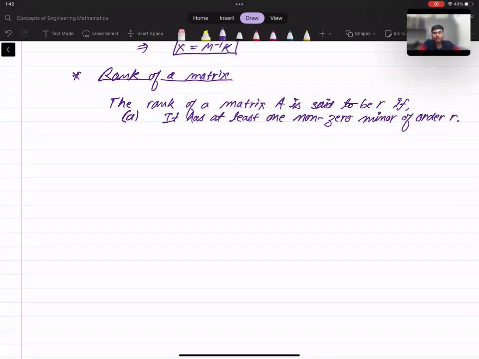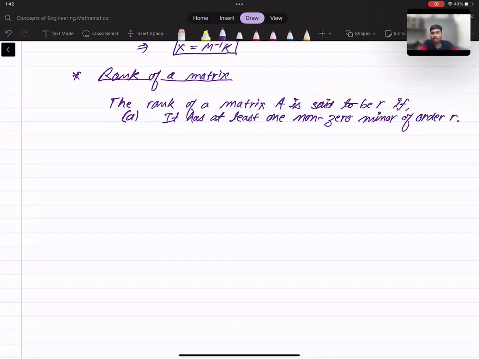So one of the minors will be of highest order, which is 4 by 4. Okay, so we will start from the highest one. So suppose we can form 1, 2, 3, and 4 separate 4 by 4 minors. In that case, if any of the minors has its determinant value not equal to 0, and the remaining ones are 0, then